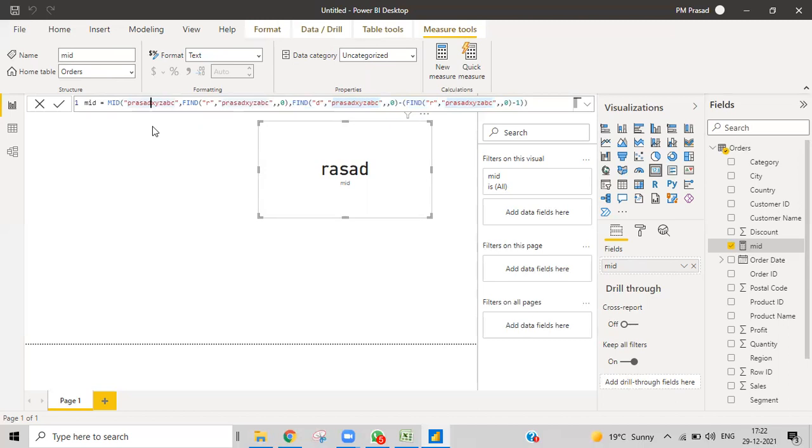So this is how we do. If you don't understand, just keep on repeatedly viewing this video. You can have an idea once you go through all these things. It's not that you may get the logic very instantly. If you don't get it, you see it repeatedly and then you can understand. Once you practice FIND and MID repeatedly, then you can build these kinds of things more.